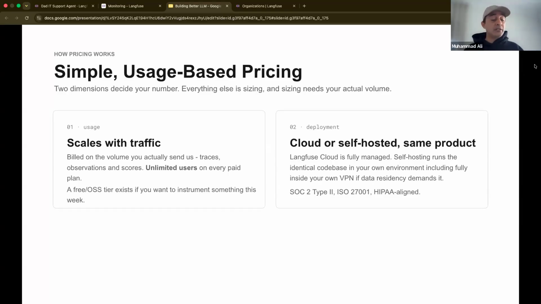So Langfuse Cloud is available. And because it's open source software, we also offer enterprise for self-hosting, which means if you connect with our sales team, we can offer you an enterprise key, which can be deployed within your self-hosted setup.